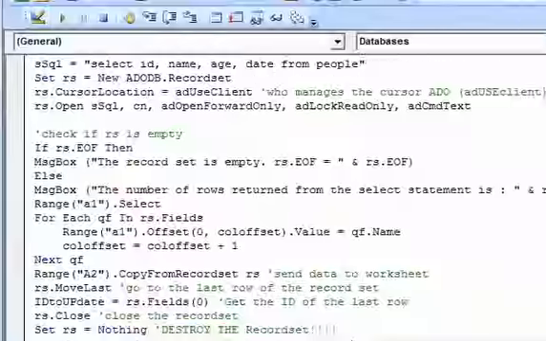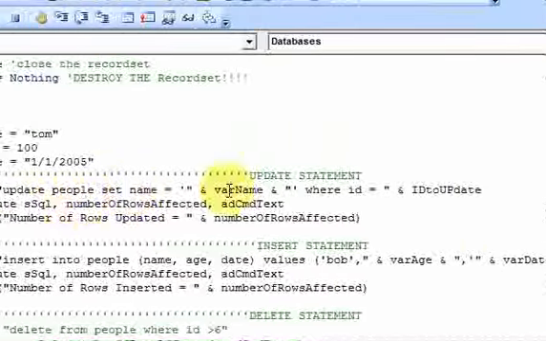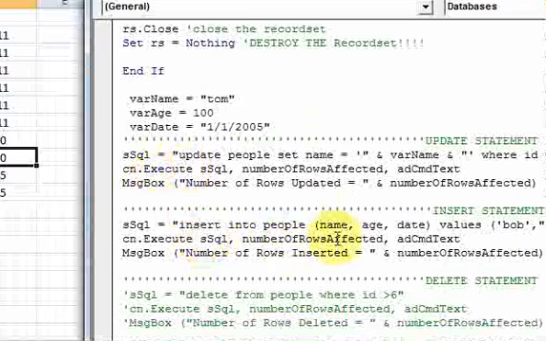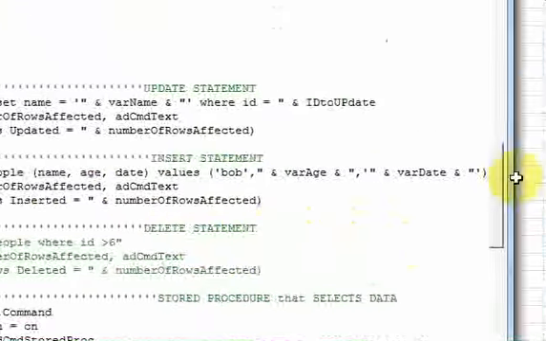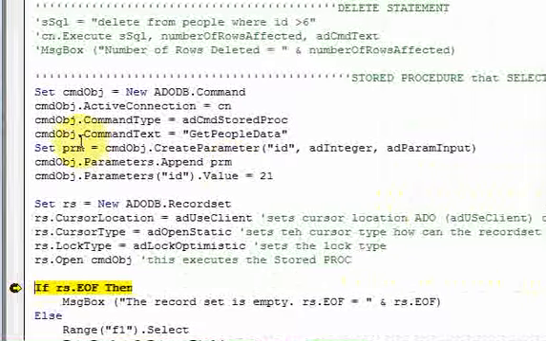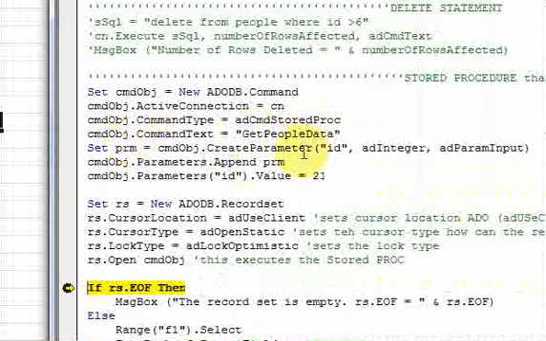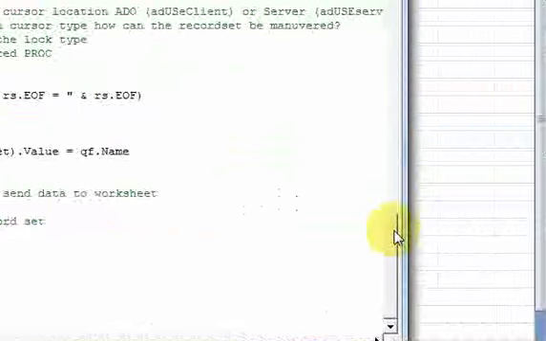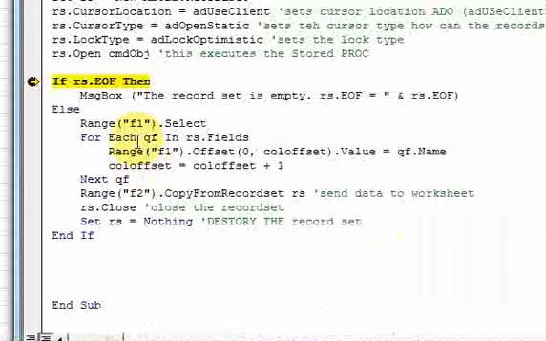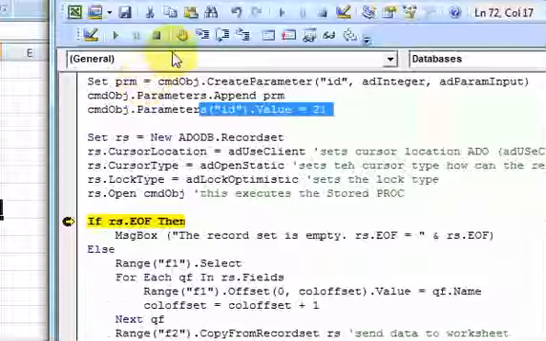After we selected that, we inserted stuff into the database. Well, first we updated some things, then we inserted into the database. And now we're using this stored procedure that is going to call this getPeople stored procedure with this parameter 21. And it's going to put the data in range F1. And if we run this,